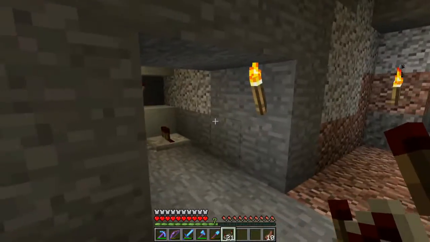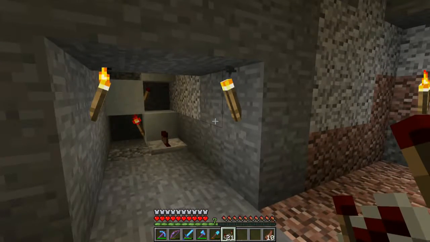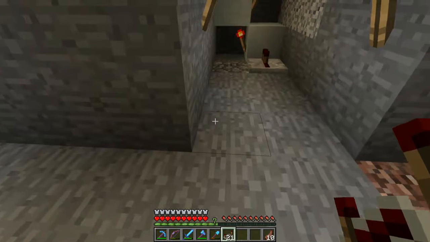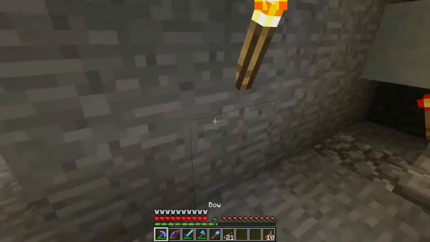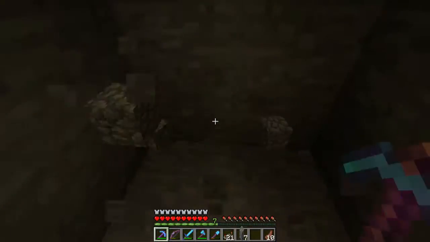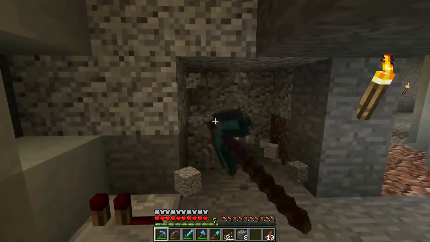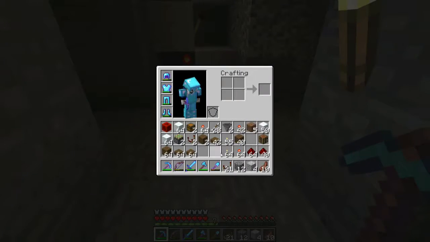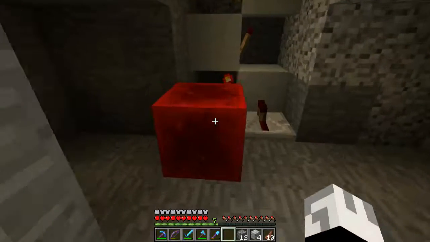I think I might build the clock in here somewhere. Yeah, I think we build it in here, just in case when we come to decorating this room we want to hide it, and it's going to make it a lot easier to actually fit because I can put the redstone block there